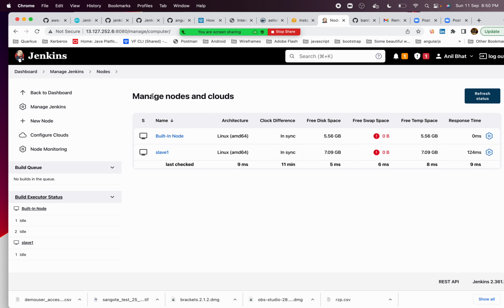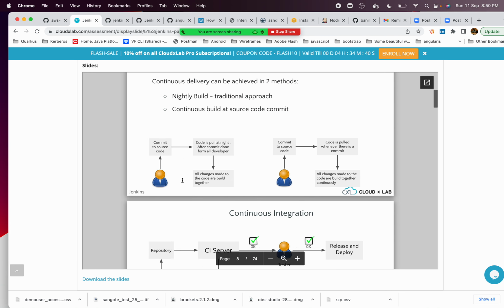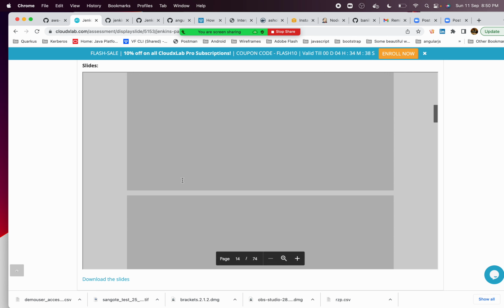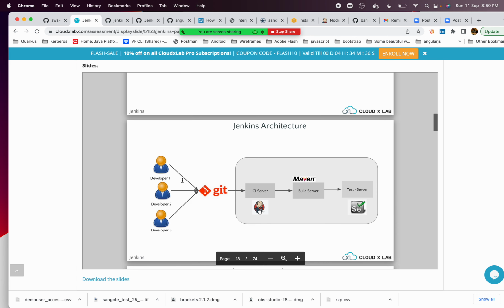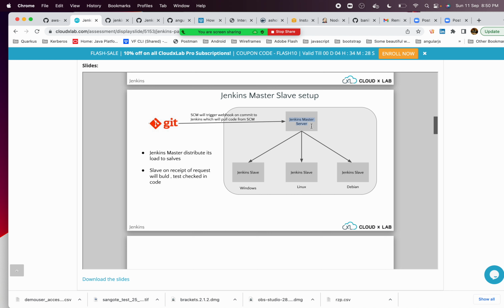So what is a slave, and how to add a particular slave? We have to follow some diagram so that you can understand what the master slave setup is. Here we have a Jenkins master server, and we have multiple slaves in it. So the basic idea of master slave